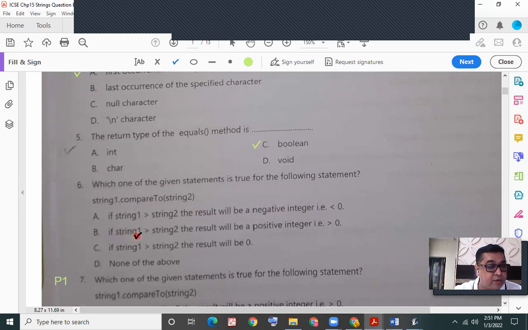B, if string 1 is greater than string 2, the result will be a positive integer. C, if string 1 is greater than string 2, the result will be 0. D, none of the above. Which statement amongst A, B, C, D is correct? Send me your answer. We have just learned it sometime back.